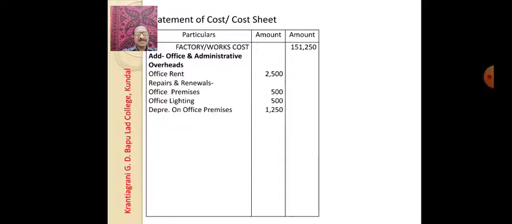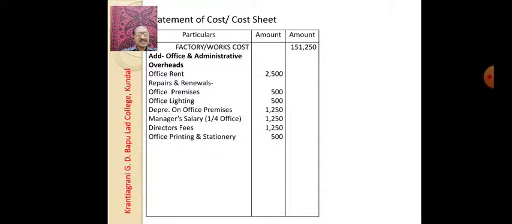Depreciation on office premises rupees 1,250. Then manager salary, 1/4 part for office. So out of rupees 5,000, the 1/4 amount is 1,250, which is included in office and administrative overheads. Then director's fees rupees 1,250.